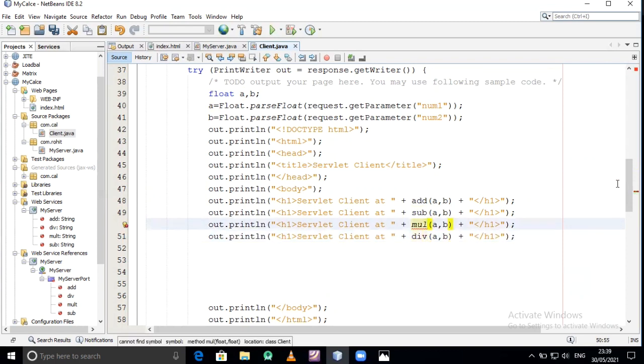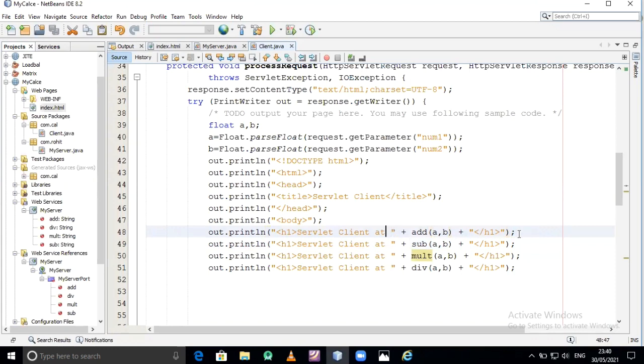Okay, mult is not there, mult is there. Addition of suppose a and b. Addition of a and b.